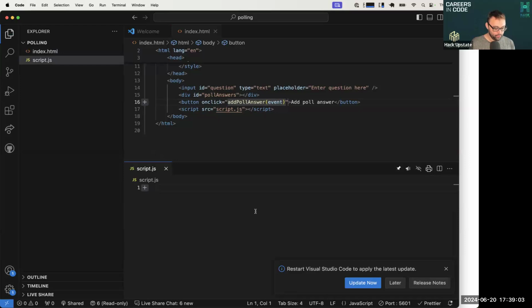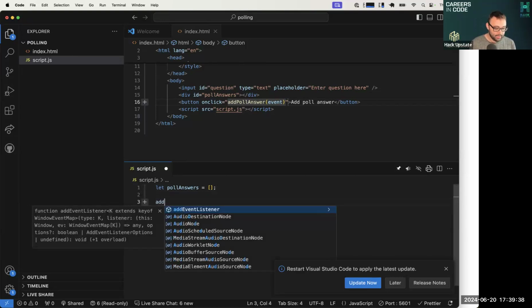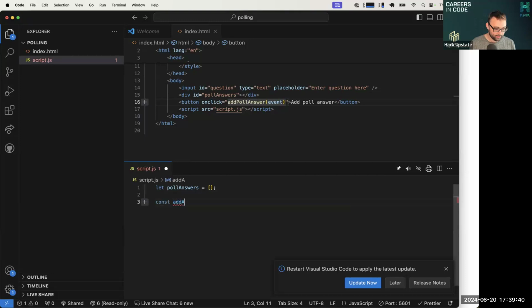We are going to say let pollAnswers equal an array. And so in this case, we need to be careful of our data types, right? We want a list of different poll options because there's any number of options available. But we also don't want to keep track of just the text in that poll option. We also want to be able to keep count of how many times that option has been voted for. So in my add poll answer